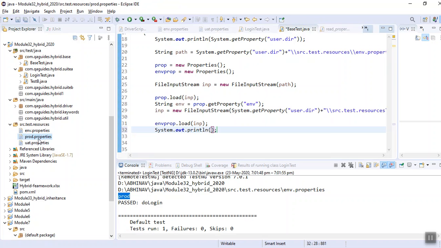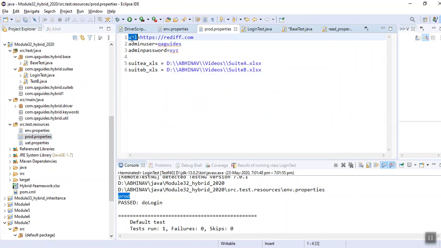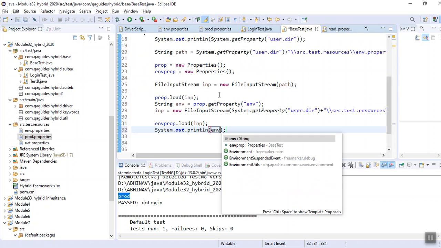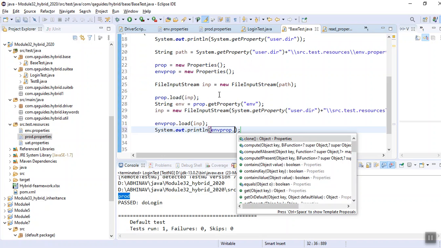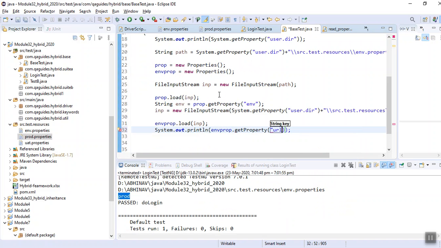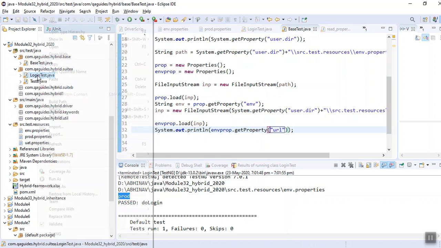So what I do, I take the URL. Let's print out the URL. So env prod dot get property of environment. Let's check it out. It's for my confidence and your confidence also. Let me run it.